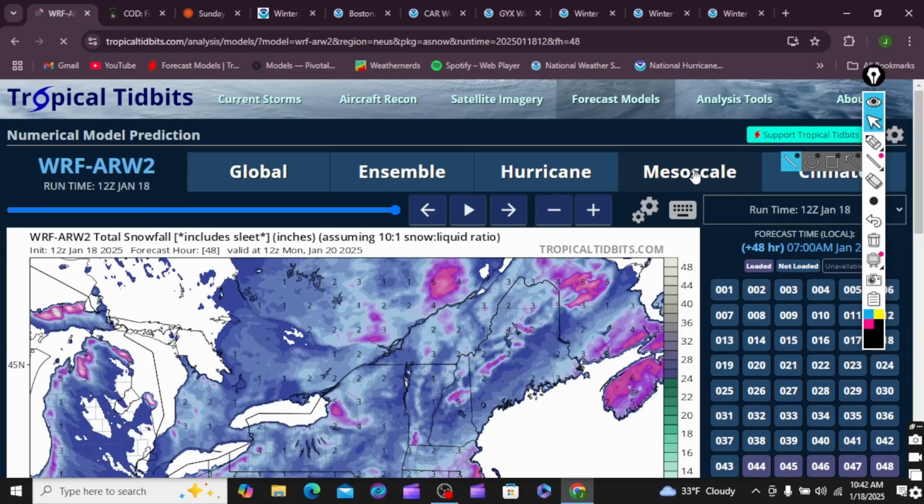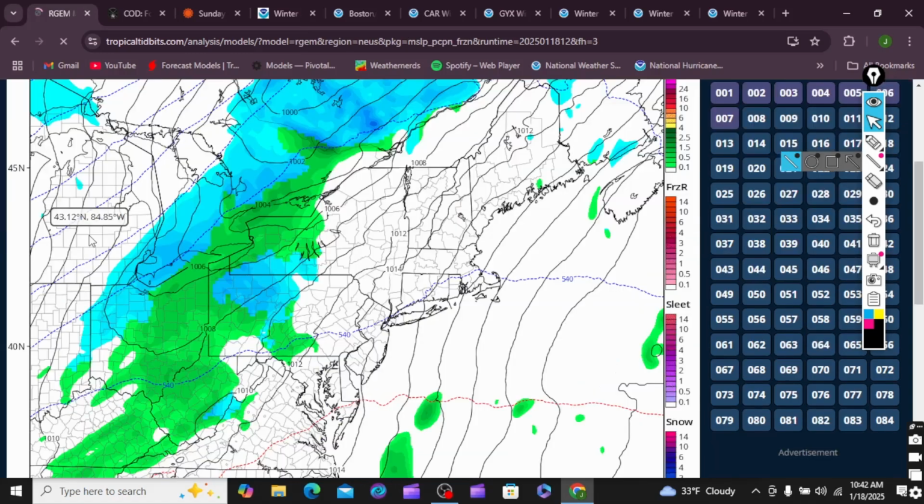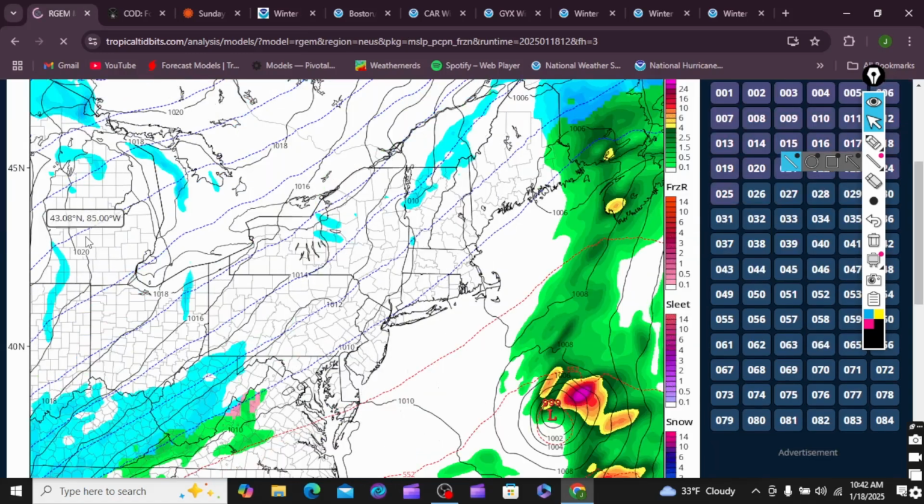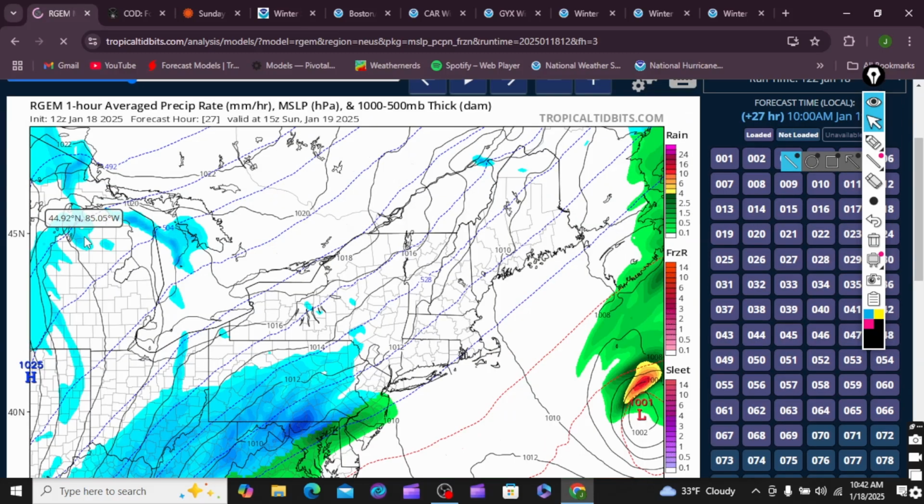Our GEM model here. This is another model I like to take a look at. And then I think the GFS and CMC will be right behind us. So, no, this is another model, a very good model. I like this one, too. It's about 10 a.m. starting with the snow. I think that's pretty fair there.